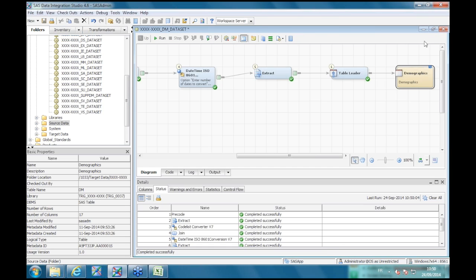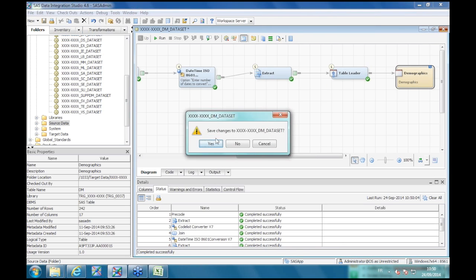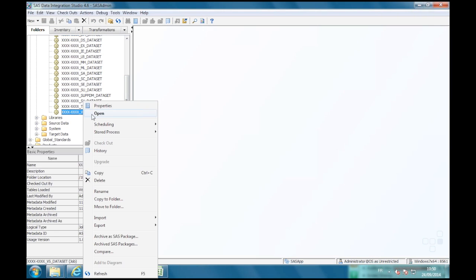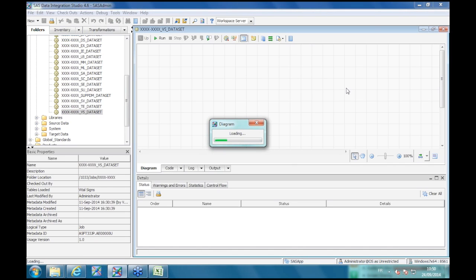242 rows. That's also what I expected. I'm going to show you one more job. This time a slightly more complex job, the one from vital signs. Because in the vital signs job, I already know that I'm going to need to auto-transpose, or automatically transpose